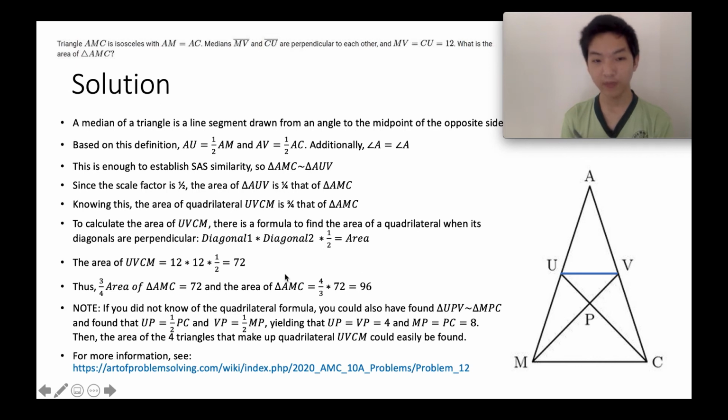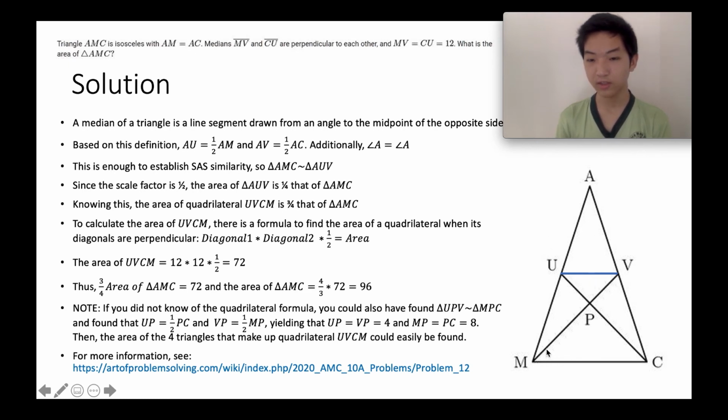Another way you could have found the area of UVCN, if you did not know the quadrilateral formula, is that you could have found that UPV was similar to MPC. We know this because UV is 1/2 of MC, since we showed that triangle AUV and AMC were similar earlier. So because UV is 1/2 of MC, and they're also parallel because this is an isosceles triangle, we can also see